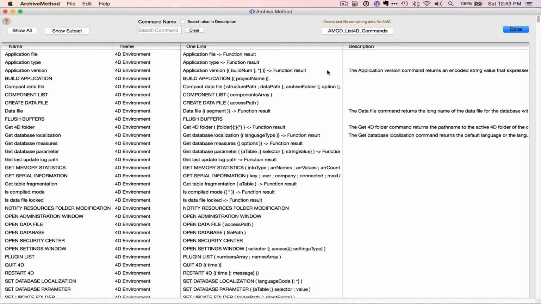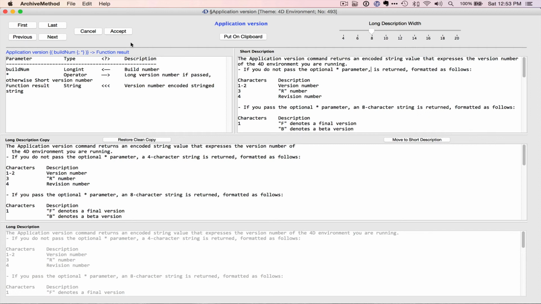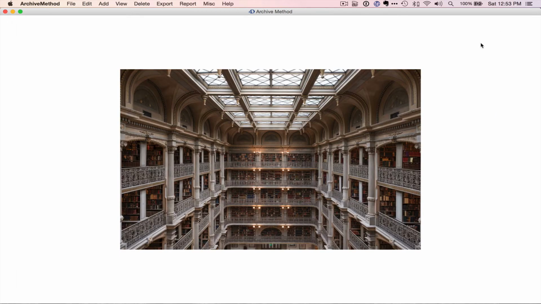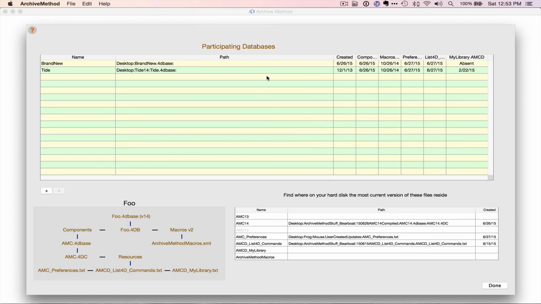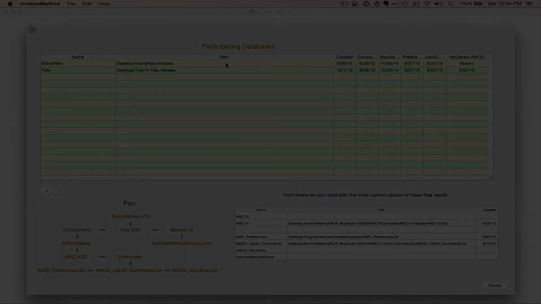Well, the reason is that, as you may know, you can modify this database of all the 4D methods and change, for example, your description. And if you were to change it, then you can export the changed version and have that show up in all of your participating databases. So anyway, that's a quick review of what you can do to use ArchiveMethod itself to help manage your participating databases. None of this is necessary. All these file transfers into these locations can be done manually, but this eases the job, particularly if you